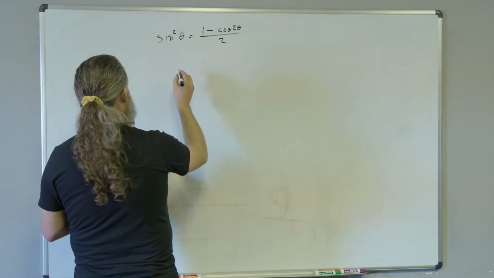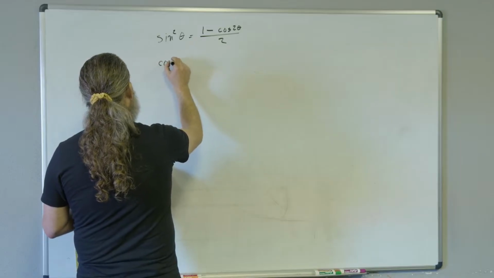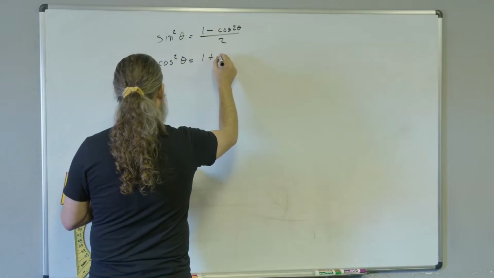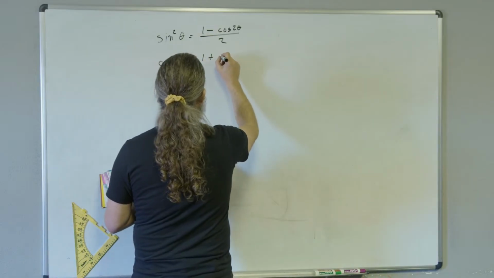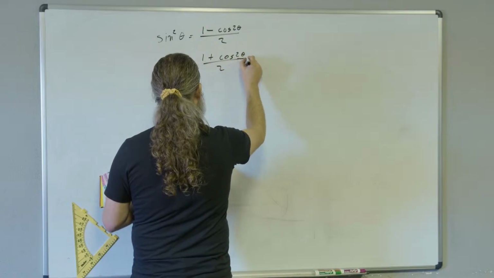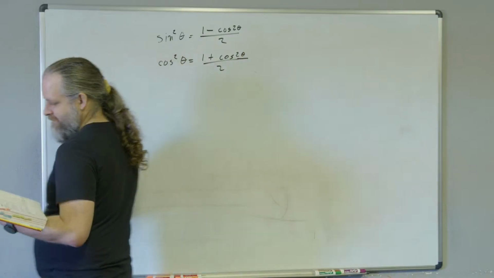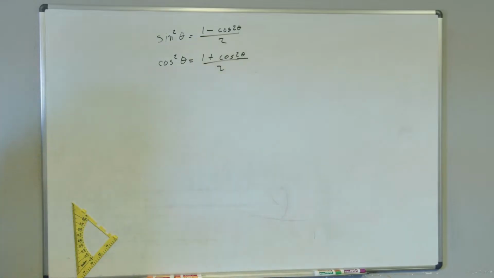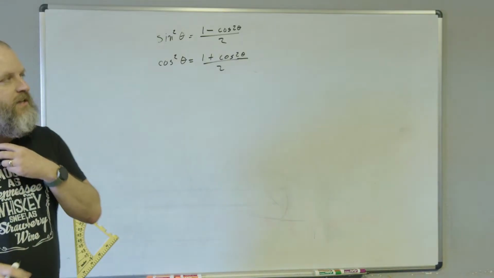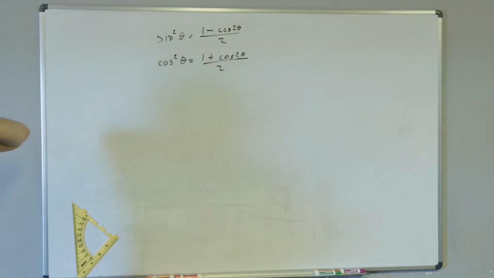Cosine squared theta equals 1 plus cosine 2 theta all over 2. You probably could write an identity using sine. That's plausible. I'm just guessing. But